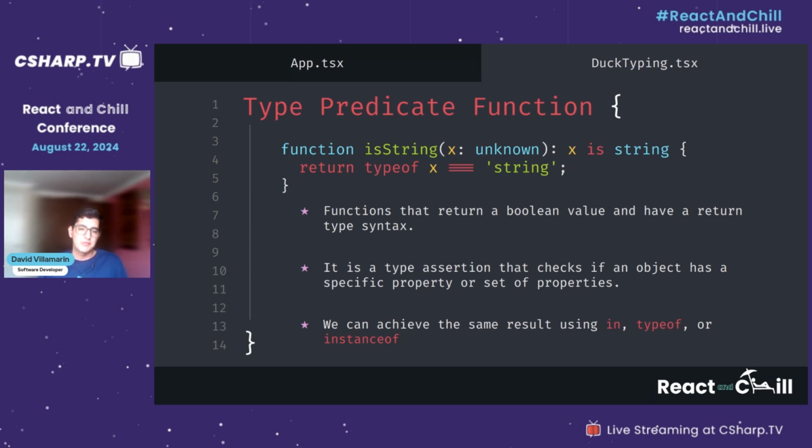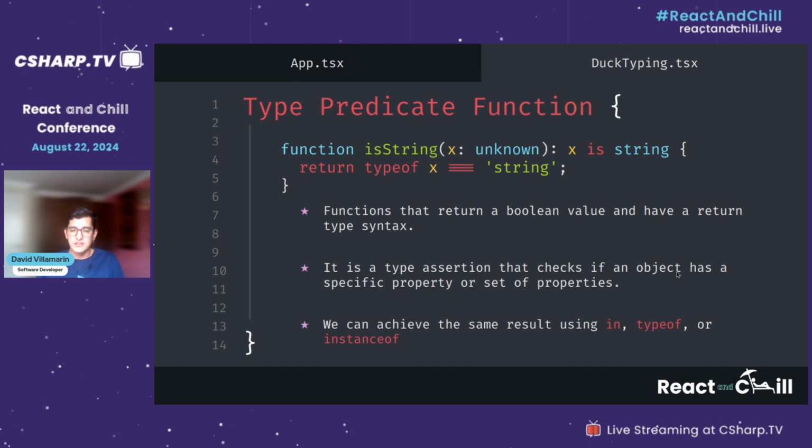So as you can see here, we can handle anything basically. X could be anything here. We don't know what X is, but after we use this type predicate function, we're making sure that whatever is in X at that specific moment is going to be a string. So we are doing this by checking